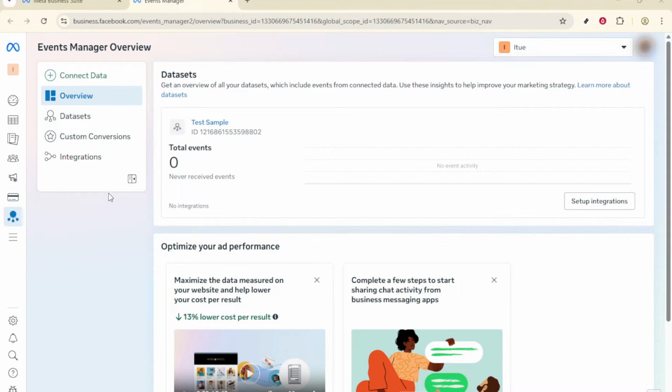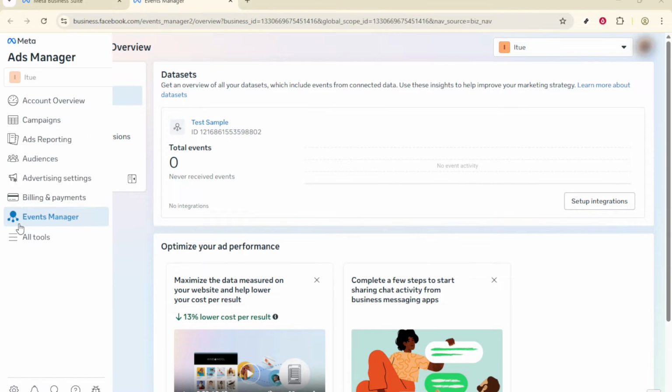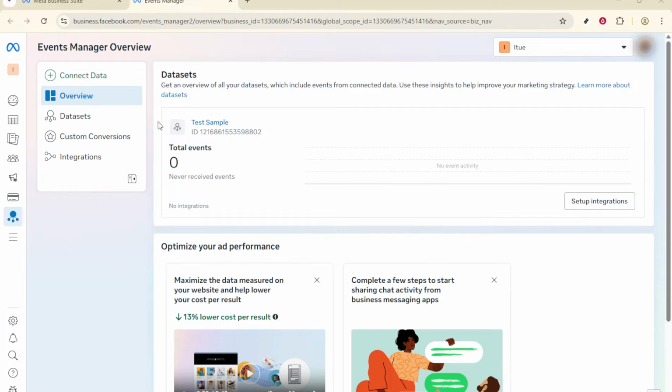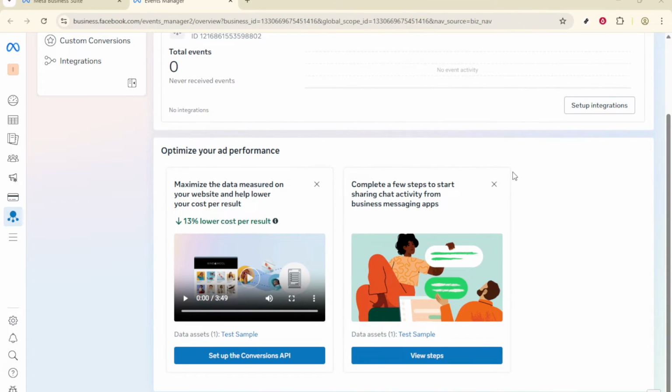First, let's head over to your Meta Events Manager. This is your go-to platform for managing and tracking various events on your website. Once you're there, make sure you have the appropriate data source selected. Data sources can be anything from specific websites to apps, and having the right one highlighted is crucial for accurate